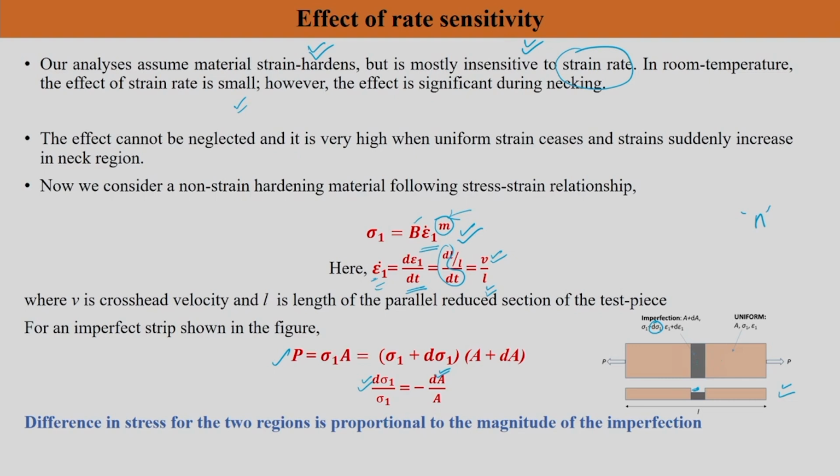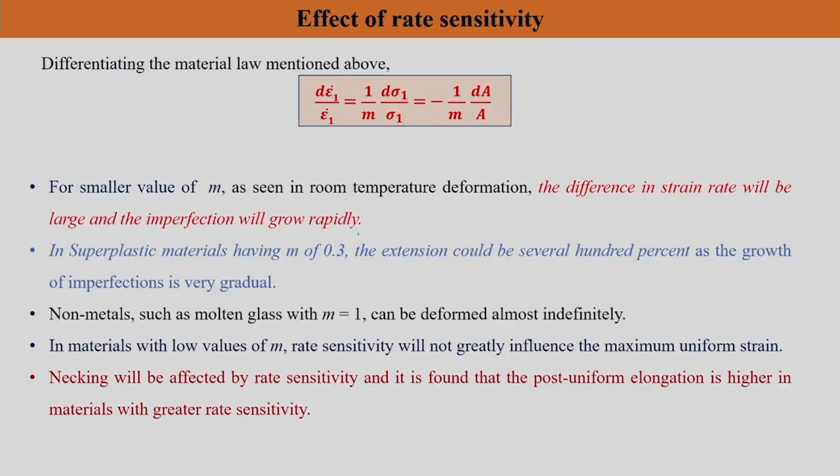Okay. So, now what we are going to do is, that is what I have discussed here, difference in stress for the two regions is proportional to the magnitude of imperfection, which is nothing but dA. So, now as usual what I am going to do is, I am going to use this particular material law, and I am going to get a condition. So, now if I differentiate the material law, I will get a condition